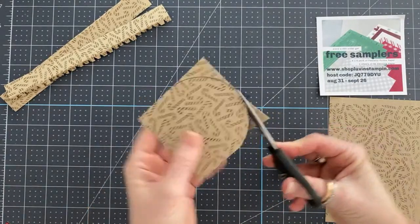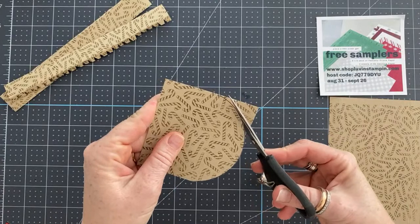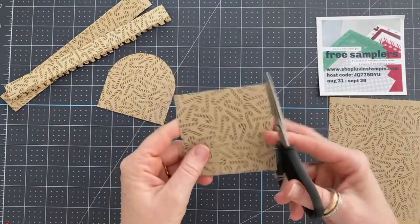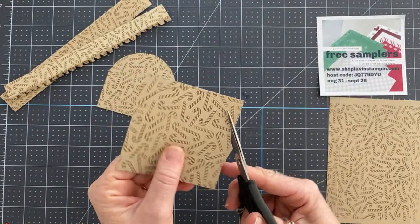cut away your extra that you don't need. And you're going to do that on both of them. Now this one I've already drawn the lines on,